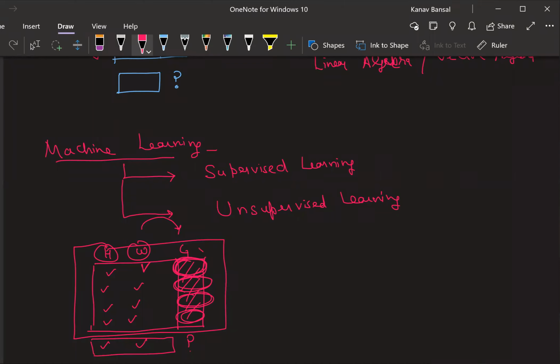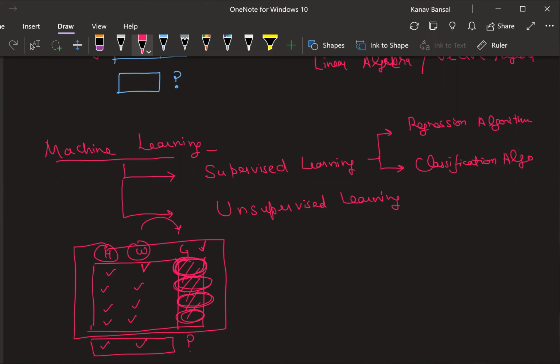Do you see that in this data, the output, the thing that you need to predict in the future, is already given to you? Is it making sense? So we call this supervised learning. Generally, supervised learning is classified into two kinds of algorithms. One is called regression algorithms. The other one is called classification algorithms.